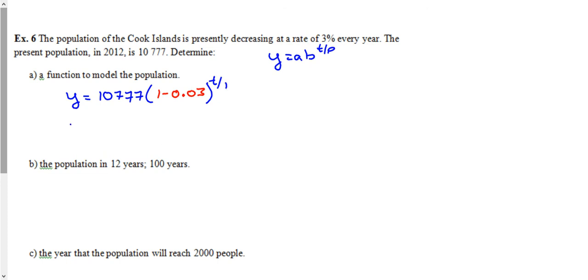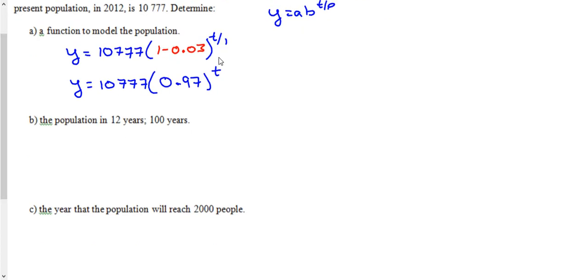So t divided by p, every year meaning 1, we're going to divide it by 1. Let's clean this up really quickly. This is now y equals 10777 times 0.97 to the exponent t there. And here we're just going to put in 12 and 100 for part B here. So we got y equals 10777 times 0.97 to the exponent of 12, and that's going to net us a population of